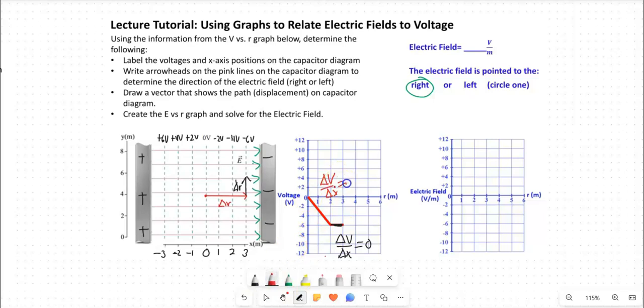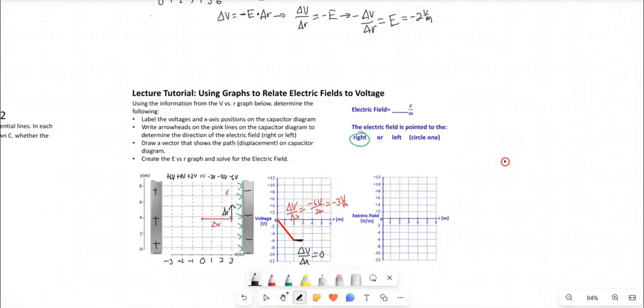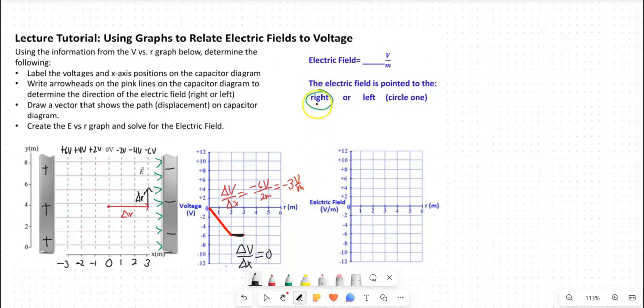Now, for this guy, it's dropping by 6, so this is -6 volts. It's dropping across 2 meters. So this is going to work out to be negative 3 volts per meter. But, like as we learned right here, we have to take the opposite of that. Because we just worked out that the electric field should be pointing to the right. This is saying that the electric field is pointing to the left, and it can't be. So again, we got to do,